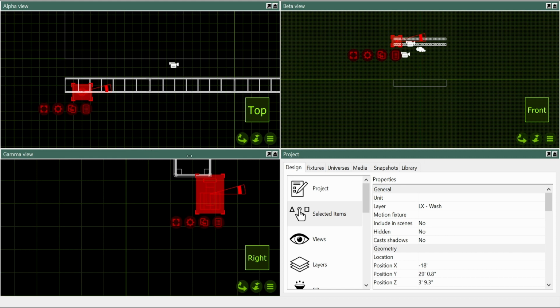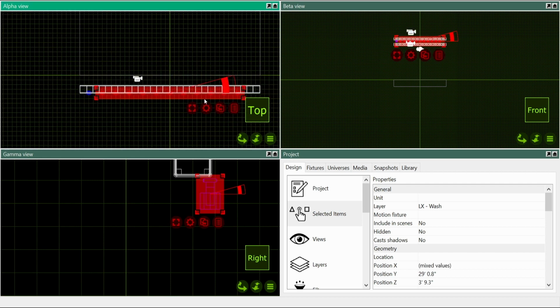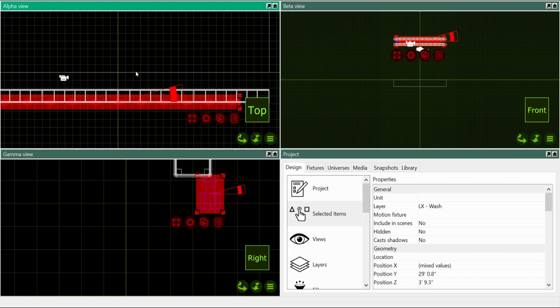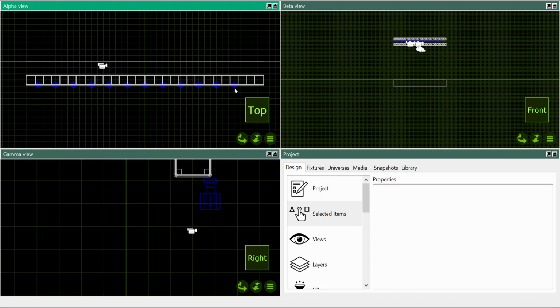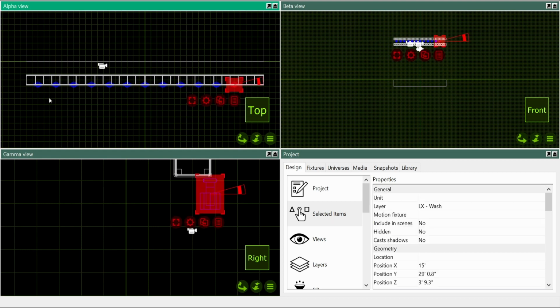For some reason, there's a weird glitch on the graphics for Capture. I don't know why it scrunches that, but it doesn't. So let's do an X offset of 3 feet, and let's do 11 of them, and then duplicate. So that'll give us 12 across the front. You can do math and use duplicate to get it all spaced out correctly, but I don't like math, and so I just simply go to my end fixtures. So that's -18,